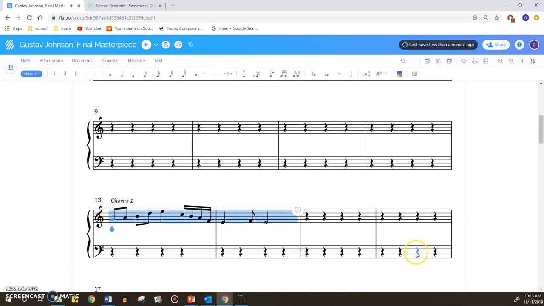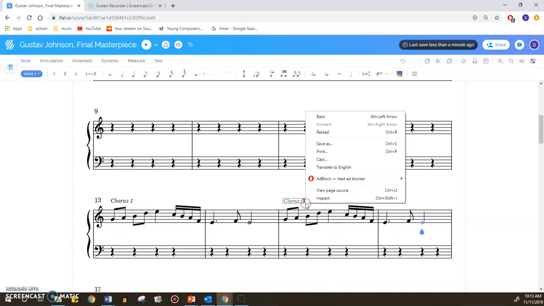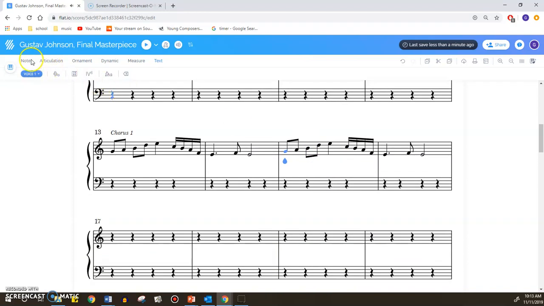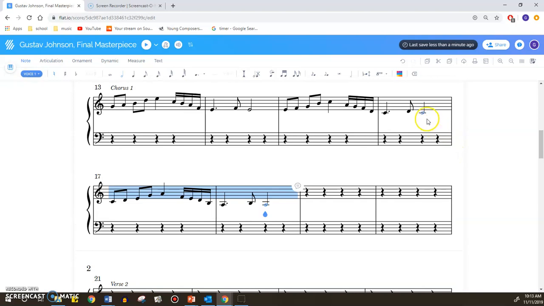Now I need to... I wonder how I delete that text. Go to annotation probably. Delete. There you go. Okay, so now I can edit this to make it a little different. So the second time, maybe I'll make it 2 notes lower, since then that makes my first and ending note the same. The third time, I'll use the same idea where I have the ending note and starting note the same, but I'll change